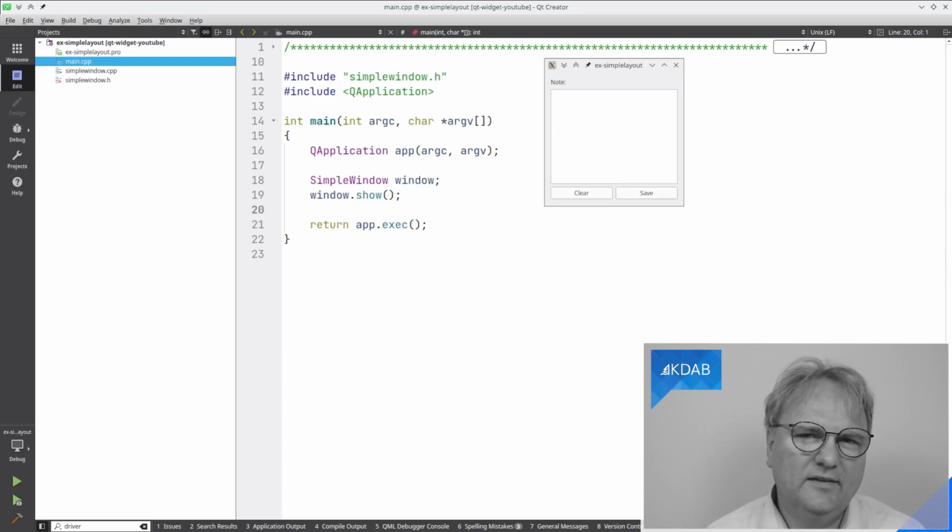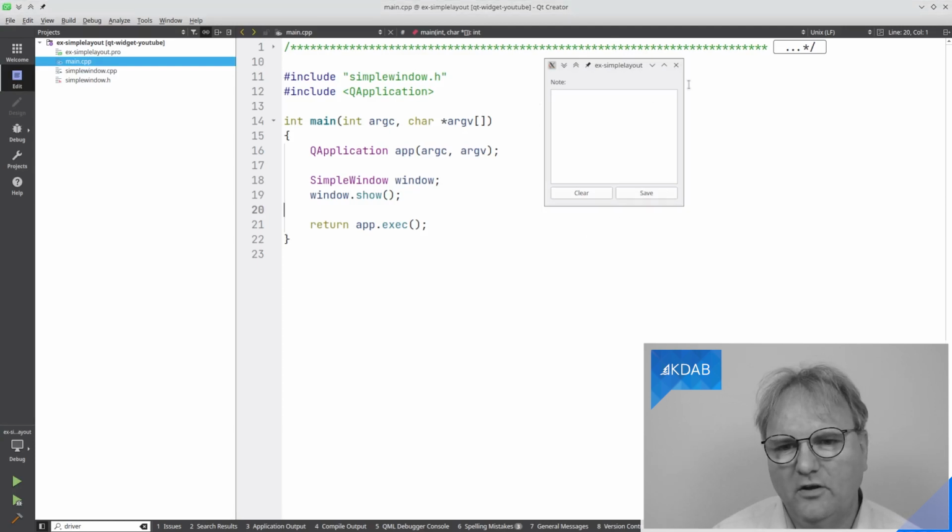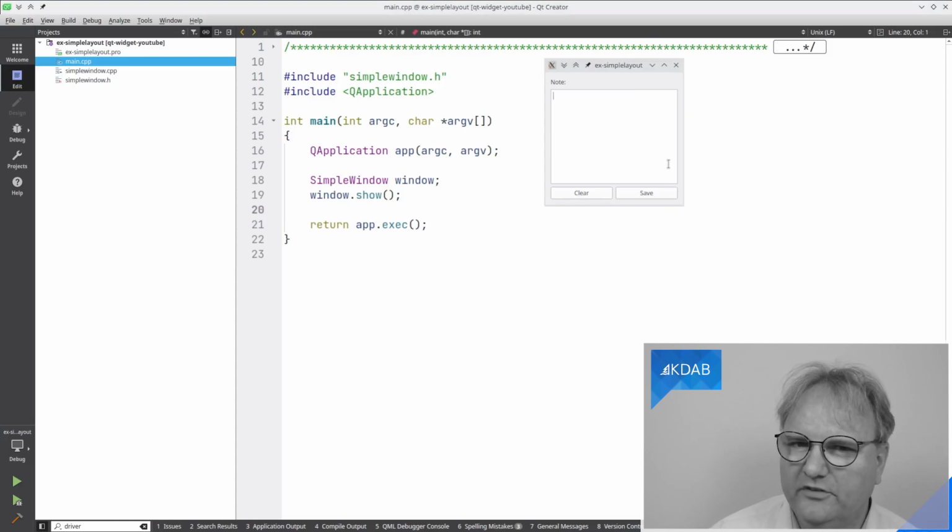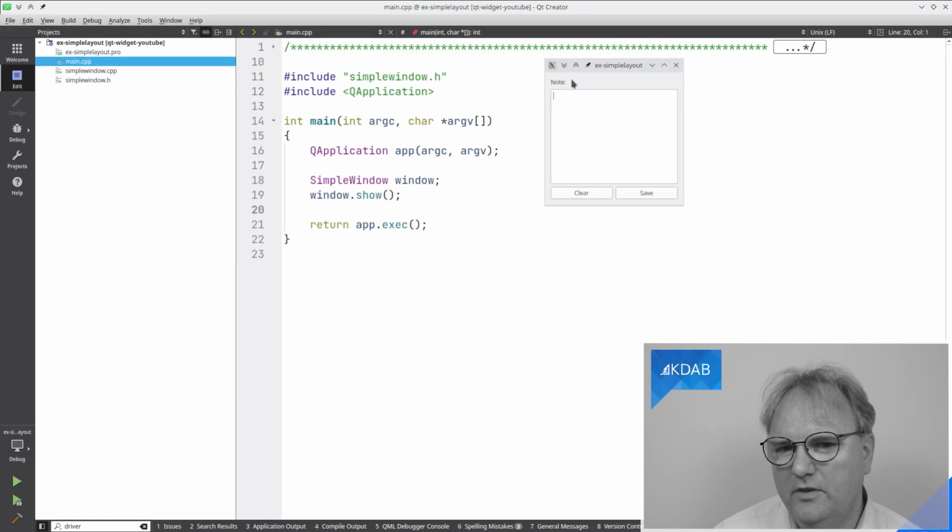Let's see some code for all of this. I will show you a piece of code that is much more realistic than the first piece of code I showed you, and it looks like this. But first of all, observe the result of the code. I have a dialog here now. I'm not even sure it's a dialog. It's likely just a QWidget. It has a label here. It has a QTextEdit. It has 2 buttons in here.